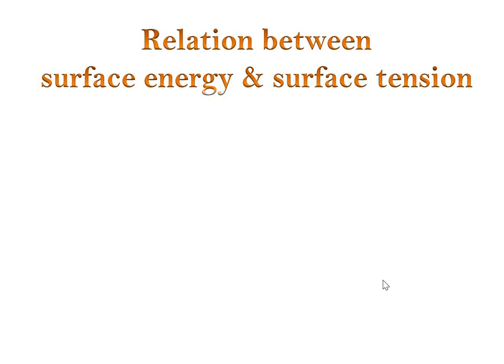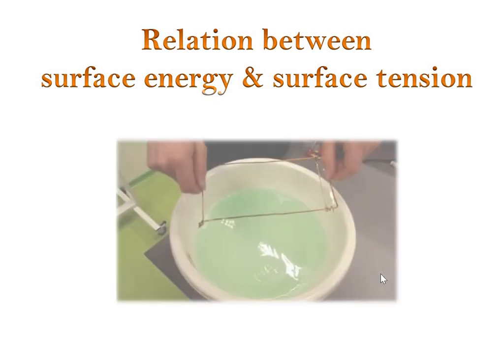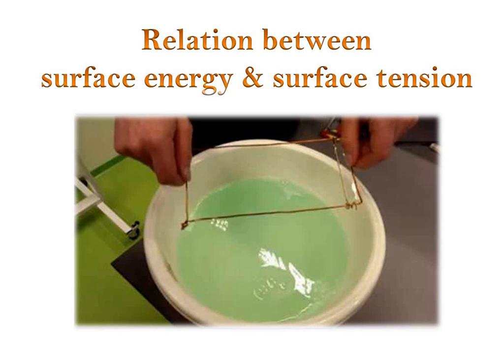Let's see the next point. The next point is the relation between surface energy and surface tension. Let's see this image. In this image, a container contains a soap solution and a rectangle. See in this figure, a rectangular frame of wire consists of a movable arm. This one is the movable arm. This frame is dipped in soap solution and then taken out. A film of soap solution will be formed within the boundaries of the frame. So it looks like this.